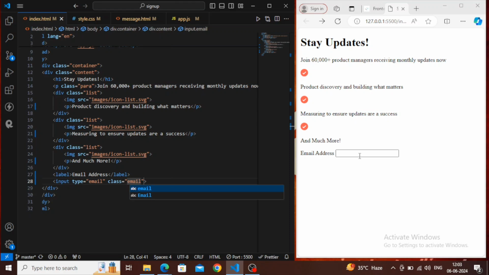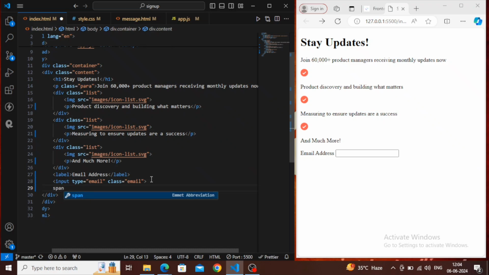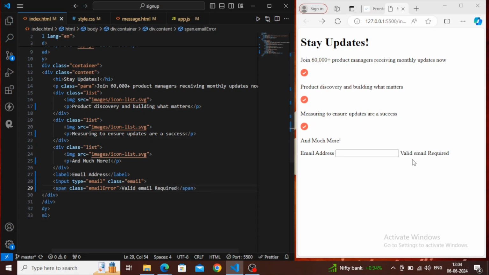And now what we will do, we will give a span tag where we will show the error, and we will give the class name of this span tag as email error. And inside this span tag, now we will write valid email required. Later on we will make this content dynamic. The content will come dynamically here with the use of JavaScript, but now I will hardcode the data. And after this, what we will do, we will create a button,